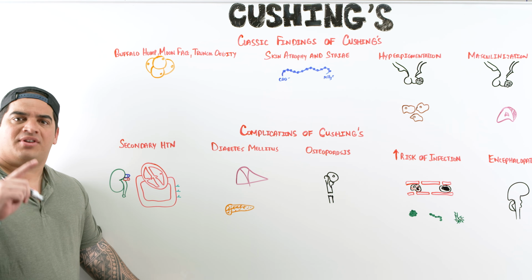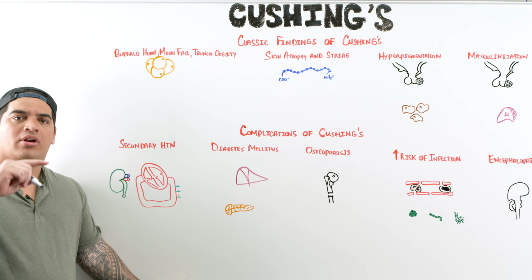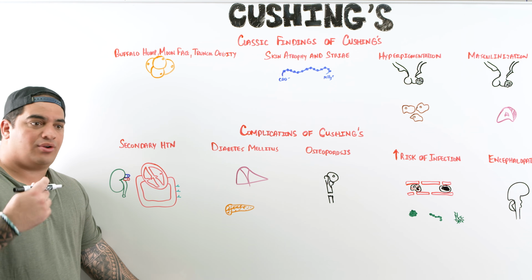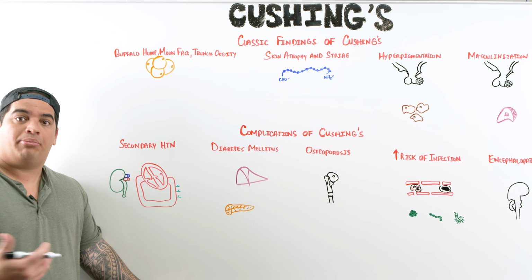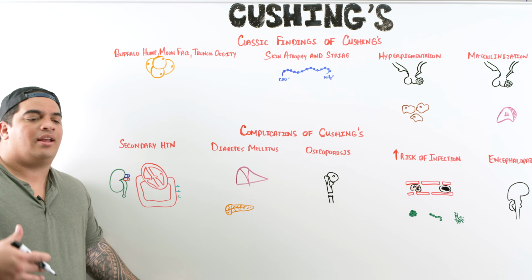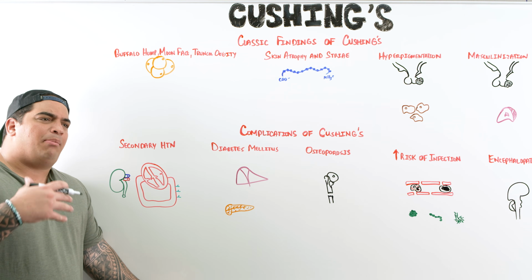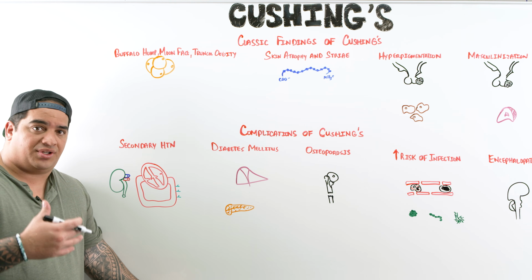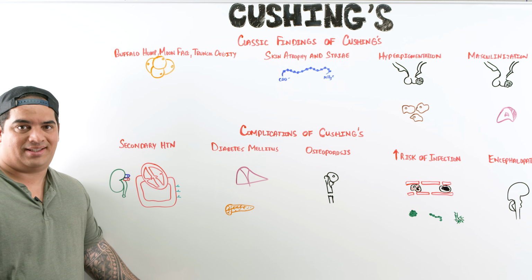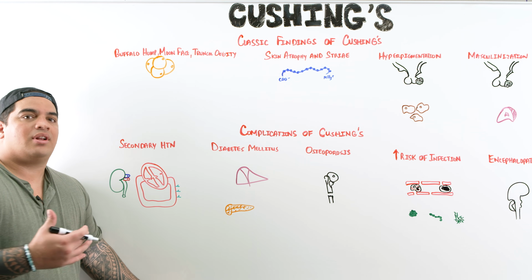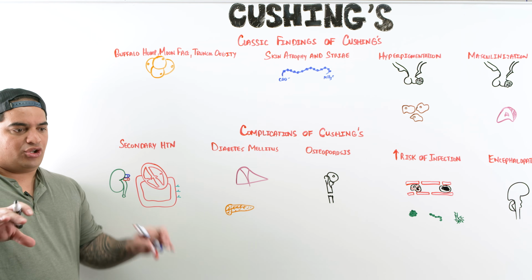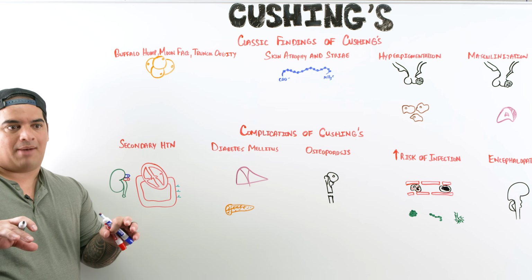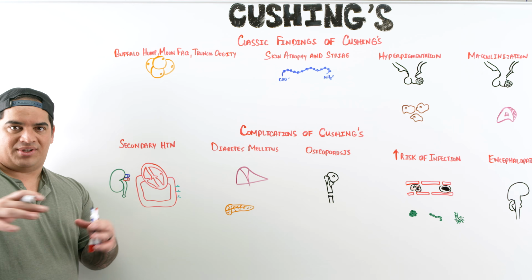All right, my friends, so now we move on to the next component of this, which is talking about what are the classic findings of a patient who has Cushing's syndrome or Cushing's disease, and then what are the complications. We really did a pretty good job, I think, of underlying and really explaining the pathophysiology and the causes of Cushing's syndrome, Cushing's disease, and ectopic ACTH production. So now what I want us to understand is, okay, how will these patients present? Well, first off, there's usually a very uniform presentation that's common among all of them, Cushing's syndrome, disease, and ectopic